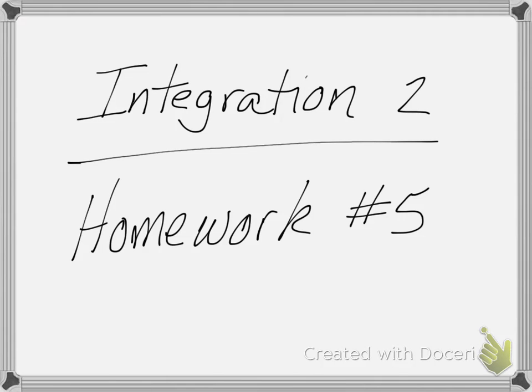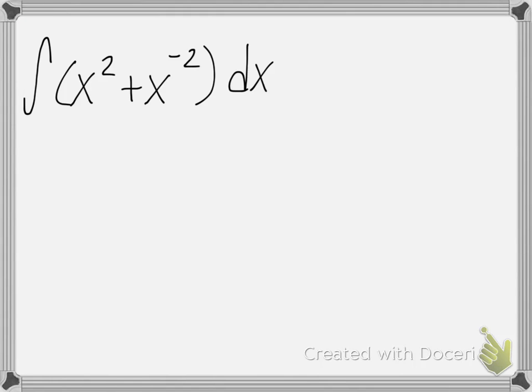Alright, this is going to be homework problem number 5 off of our second sheet for integration, and it basically just wants us to take the integral of whatever it gives us. So problem number 5 wants us to integrate x squared plus x to the negative 2 with respect to